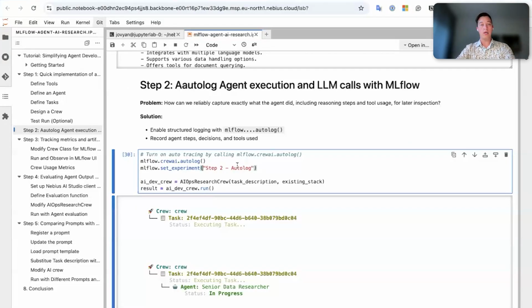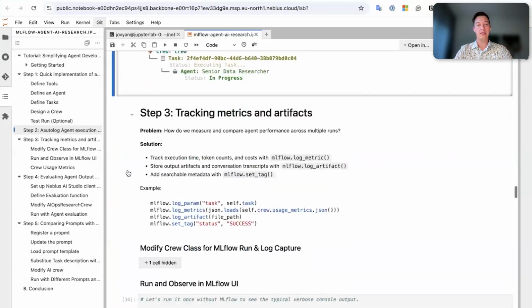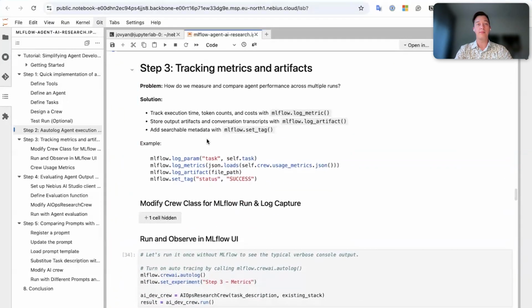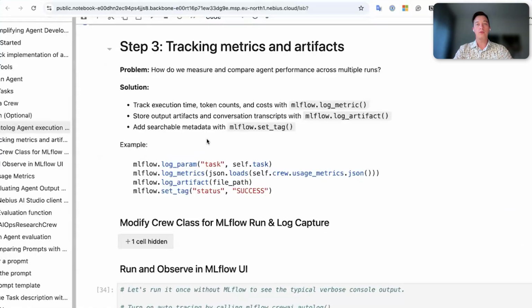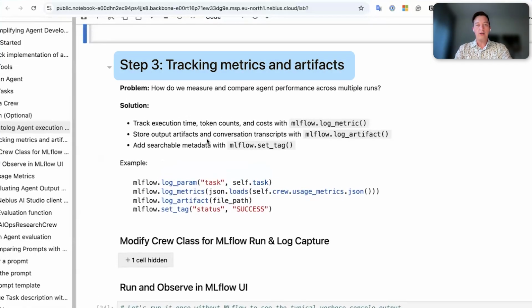Okay, so it was simple, right? So we just use one command to autolog all these details. Let's go to the next step. And what else can we do here? So we have a question now. So we have these traces in MLflow, and